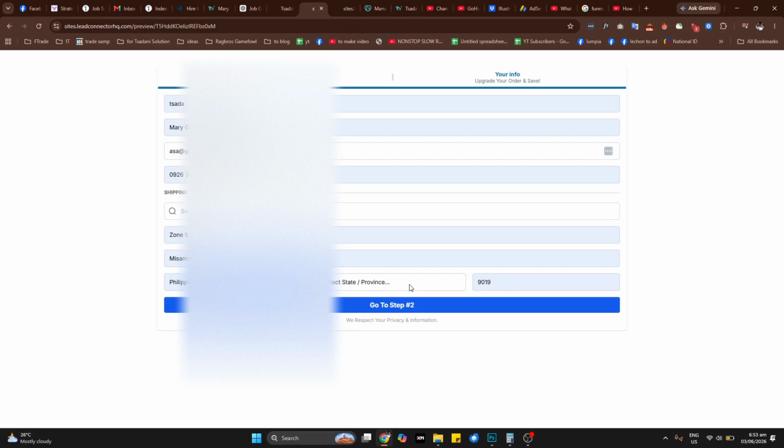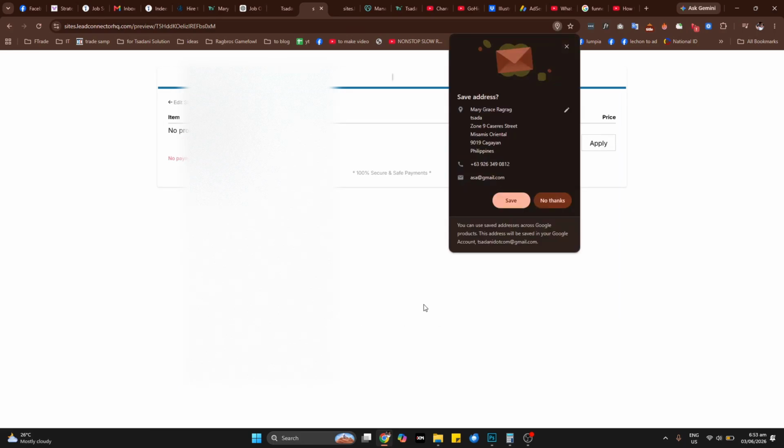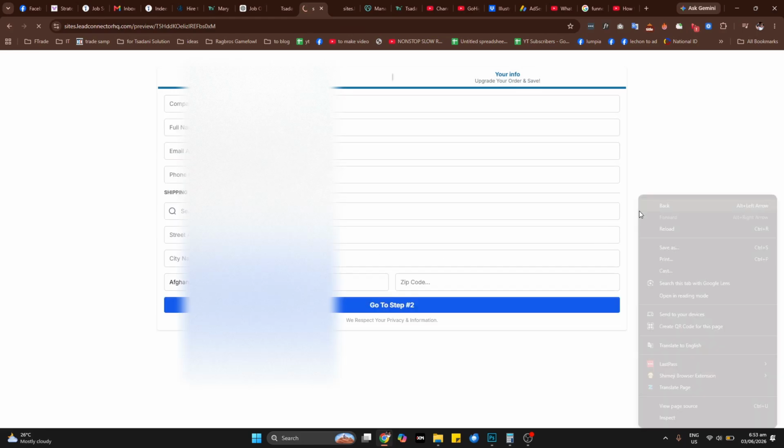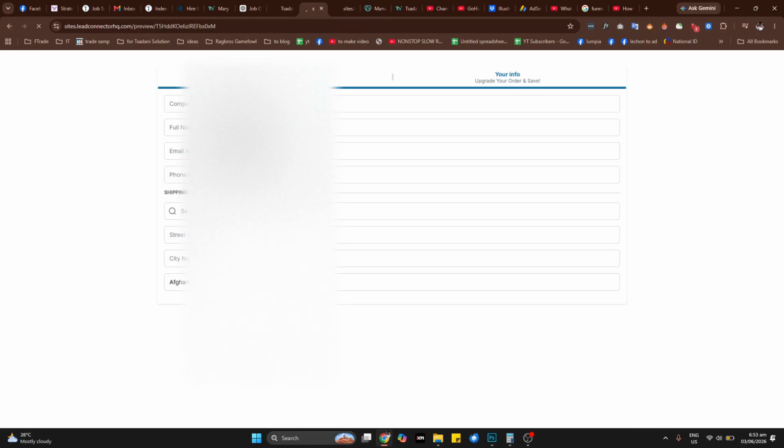After that, hit the go to second step. Oops. As you can see, it is not showing. So I'm not sure why. So let's reload it. Reload. It should show up.